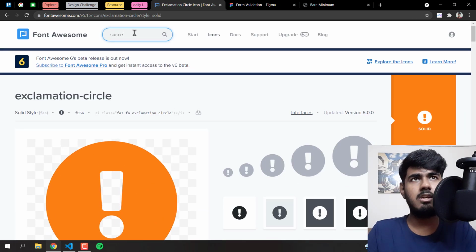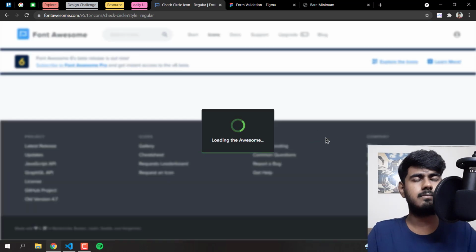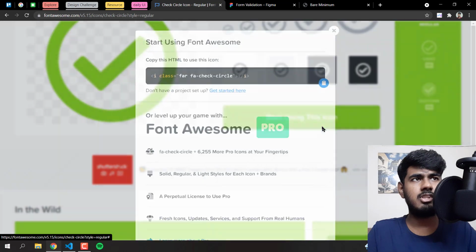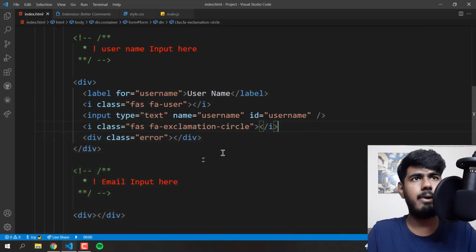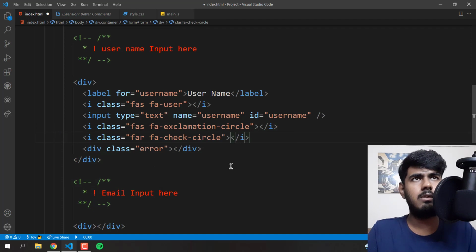Okay, success like this, select this. Okay, check circle, this one, and then start using this icon, copy the code, go back and paste it over here like this, Control V. There we go. Now in order to open this, in order to see the results on the browser, okay, I